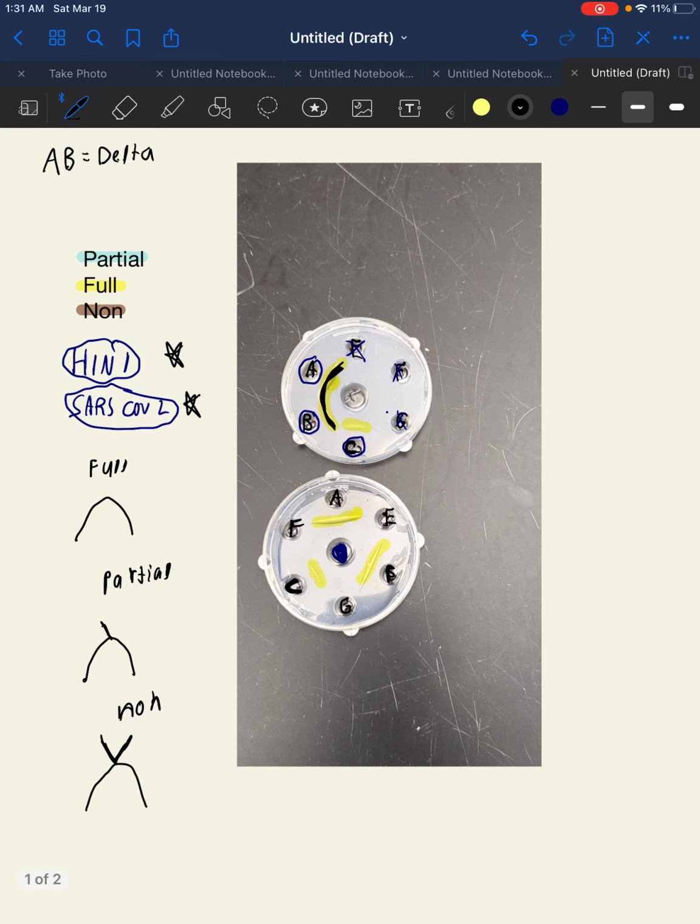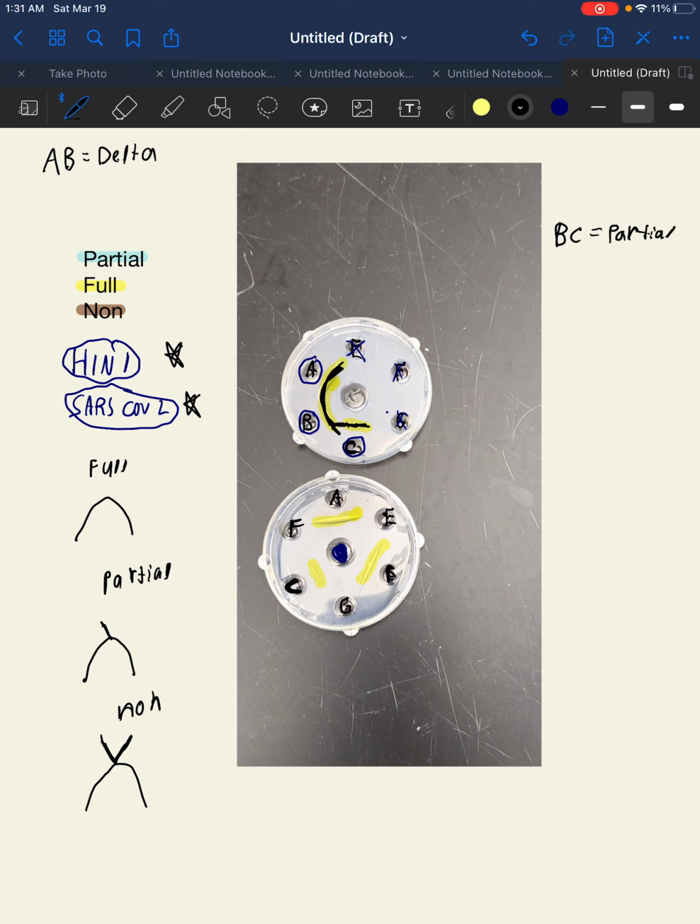C, however, as you can see, did not form that perfect line with B. However, it didn't form a crisscross either. It just kind of formed a precipitate. And what this kind of means is that if you do draw this line, it was trying to reach the B, but it couldn't reach the B. However, there would still be a spur that forms here. So that means they are partially related to one another. So B to C equals